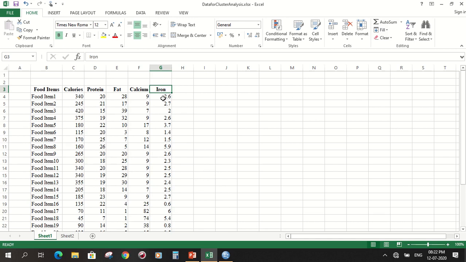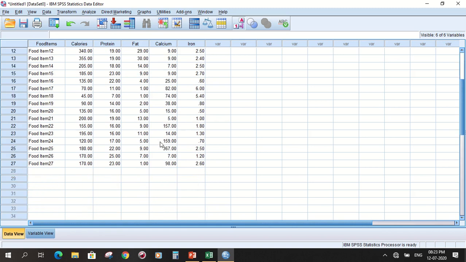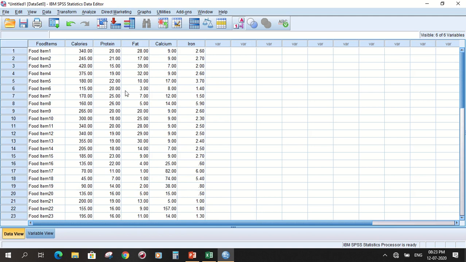The objective of the study is to identify suitable clusters of food nutrient data based on these 5 variables. We have 27 different food items, and I want to divide these 27 food items into different clusters based on these 5 variables.